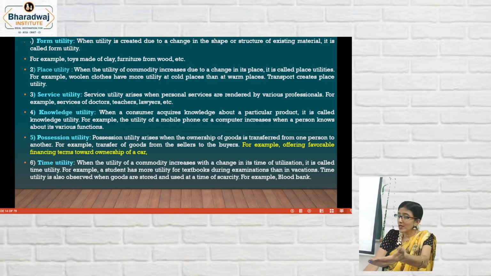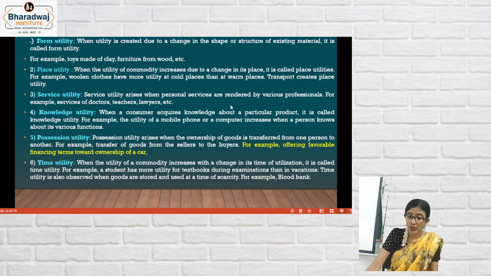Perfectly right. So place utility is something which is readily available in your vicinity. Okay. Service utility. Have you heard of this service utility? So I've added, if you see, 3 different ones. It arises when personal services are rendered by various professionals, that is, a teacher or a doctor or a lawyer. What they give you is a service utility. It was asked in one paper, therefore I have given this. Service utility arises when personal services are rendered. So I just want you to be aware that this segment, what was given in the box, is now and then asked, once in a while.